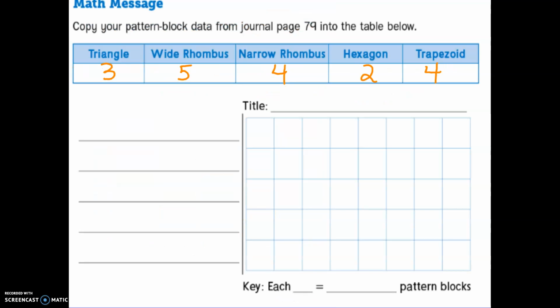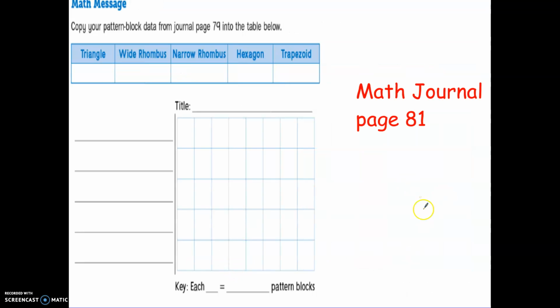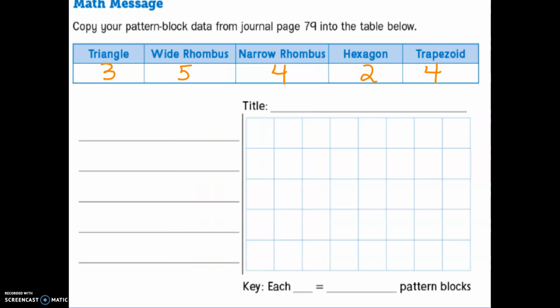Okay. I want you to take those same numbers of shapes that you had and go to page 81. It looks like this. All right, go to page 81. This is page 81 on my screen. I just made it bigger so that I could write better. So what I want you to do is we're going to make a new type of graph, and this is called a picture graph. So all graphs have a title. The title of this bar or this picture graph that we're going to make is going to be